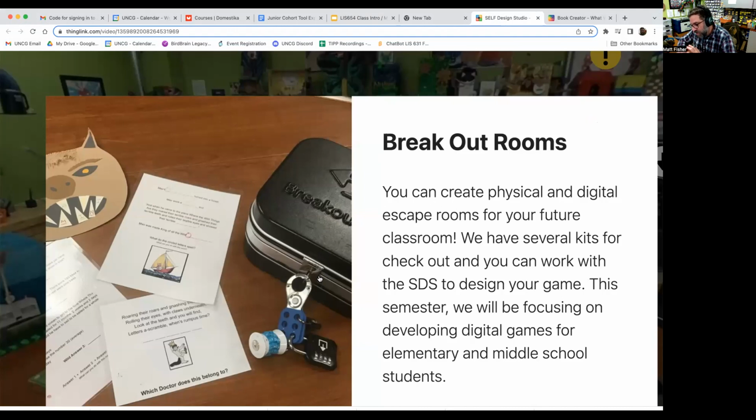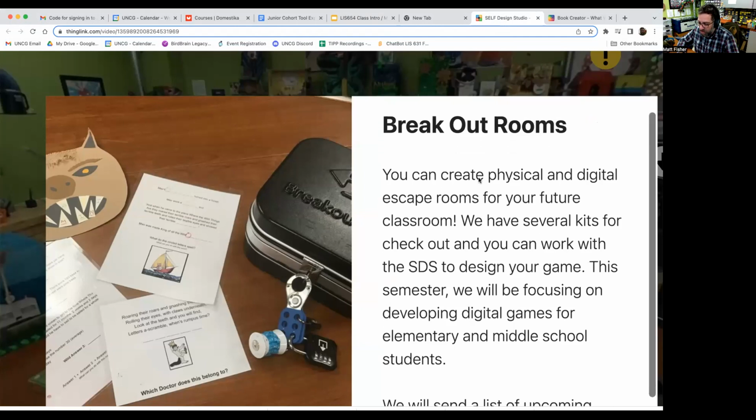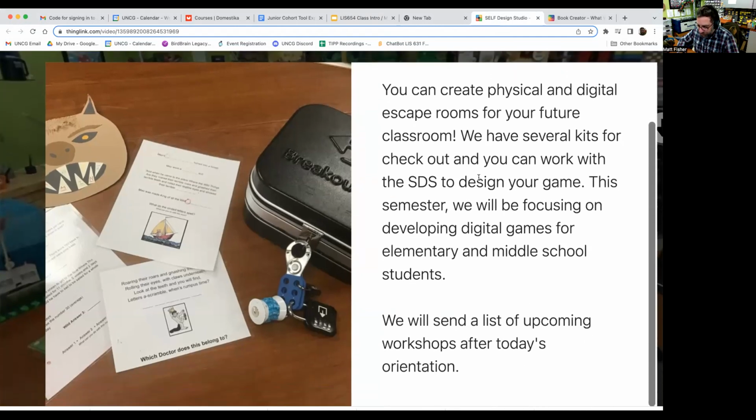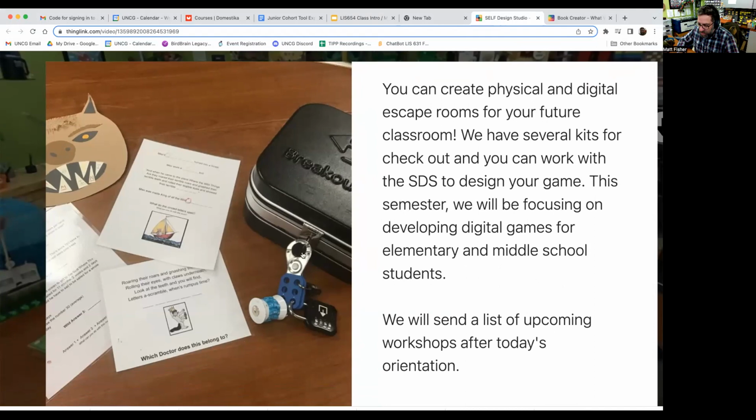We have several kits to check out, and you can work with the self-design studio to design your game. In the past, we were doing digital games at a time when we were all locked down for COVID. But as you can see on the breakout box here, you've got the box, you've got a series of locks. And then what you do is you make up puzzles, and the combinations of these locks correspond to the answers